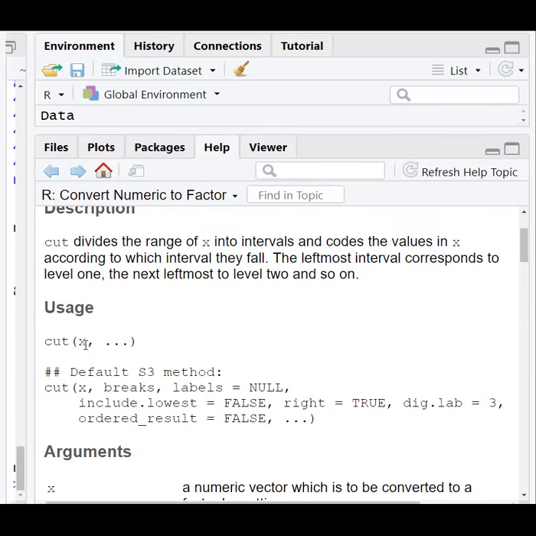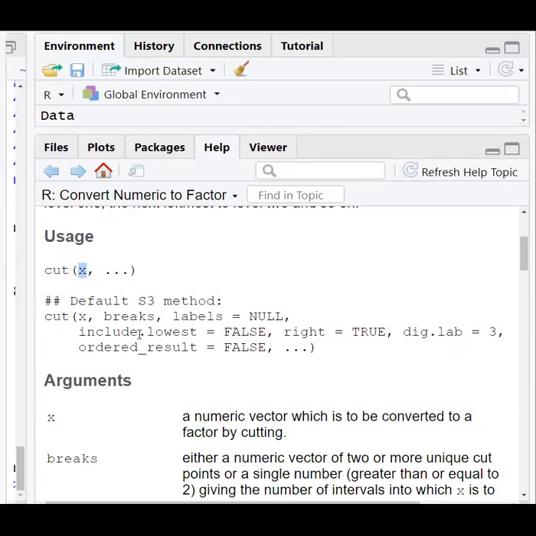So cut followed by the data, then we have to give the intervals. That interval will be specified as a vector. What is the argument X? X is a numeric vector which is to be converted into a factor by cutting. We have a column age, so based on age we have to factor it.